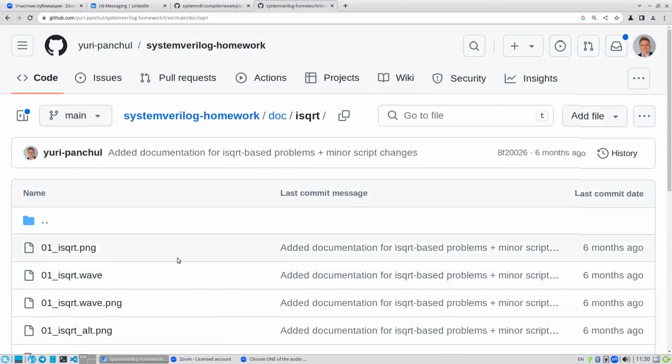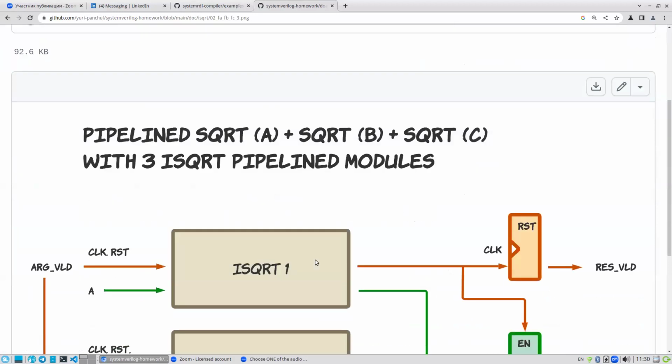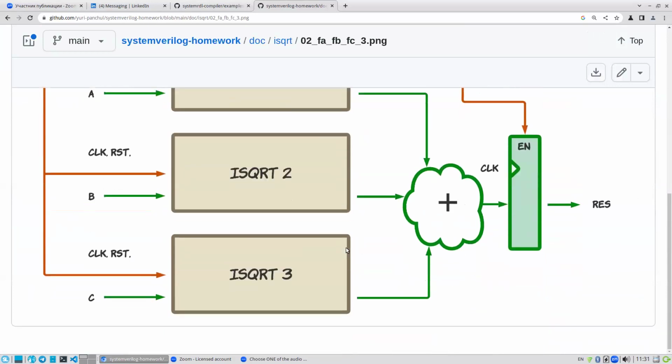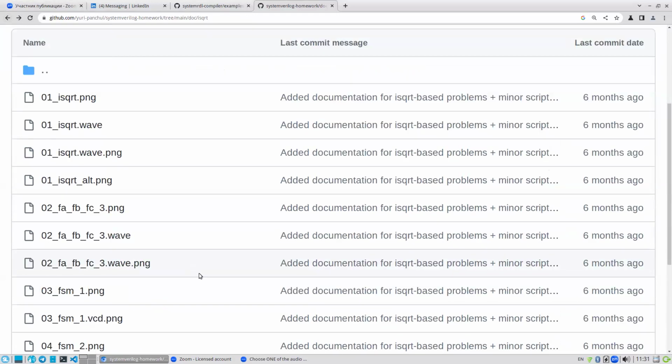One interview question is: suppose you have a pipelined block which computes square root, and how do you compute a formula? If you need to compute the formula square root of a plus square root of b plus square root of c, you can just put three blocks together and add their results, because they compute such values in parallel. But if you have a formula with dependencies,